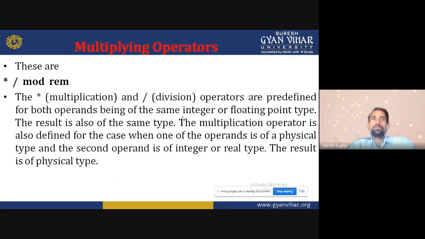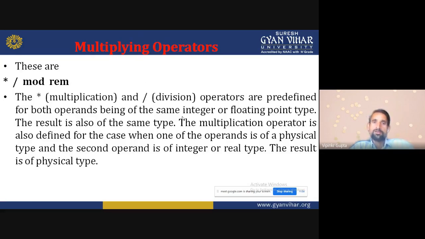Multiplying operators. We can do two more operations, multiplication and division. Slash is used for division and star is used for multiplication. The multiplication and division operators are predefined for both operands being of the same integer or floating point type.